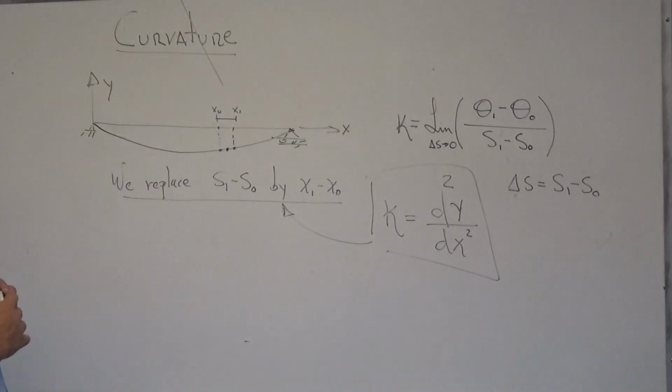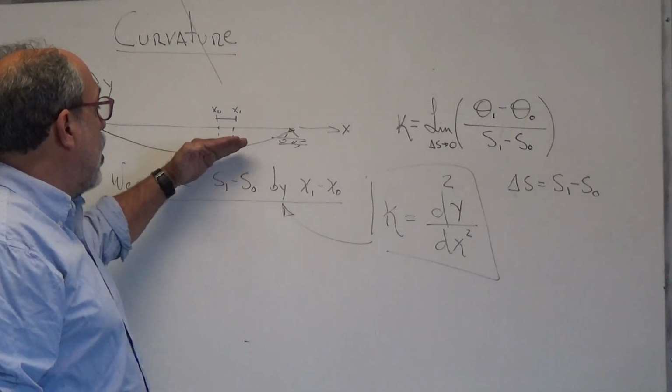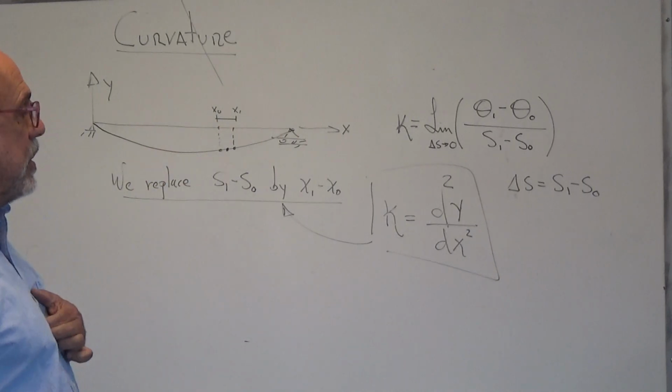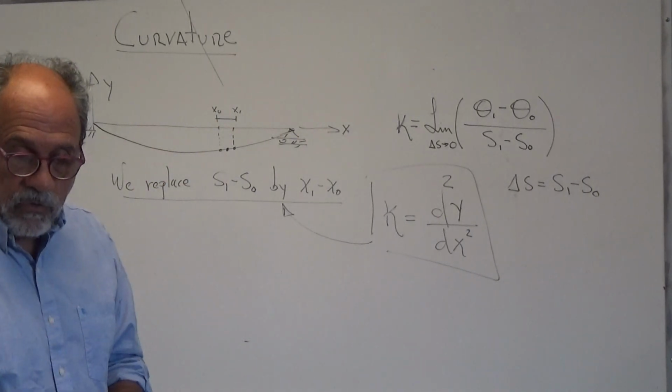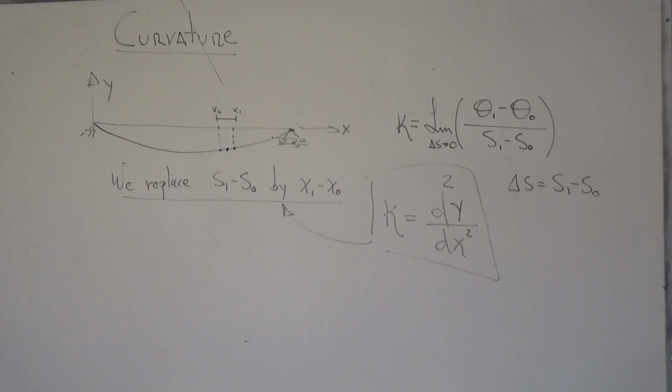All right? So curvature is the second derivative of y with respect to x, provided that we have simplified by not moving along the line, but moving in the element before the deformation. Okay, so that should give you hopefully a clean idea of